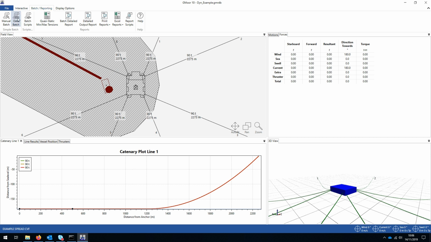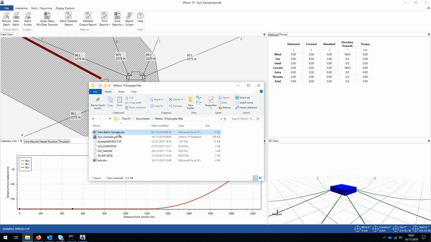One here is what's called data batch. So this is a way of bringing data in either from a CSV or an Excel file, and then for each column in that data we map each column to a property on the inputs, and then we generate then a batch case for each row in the data. So if we look at a file that I've prepared already,